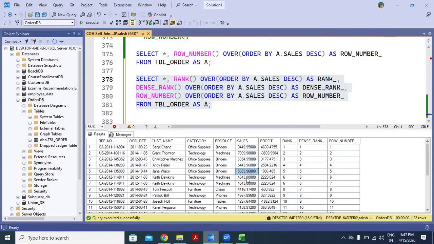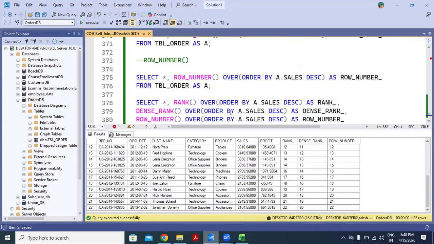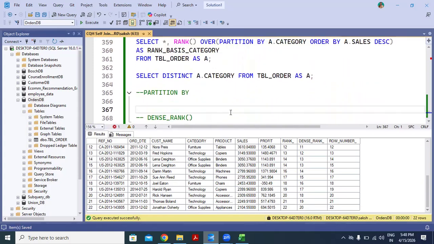So you can see these two products are having same sales. So when we have applied rank, then the rank is skipped. In case of dense rank, if the duplicates are present, the rank will not get skipped, and row number will provide the unique number to each row, no matter if the duplicates are present or not. So in this way, you can find the ranks.